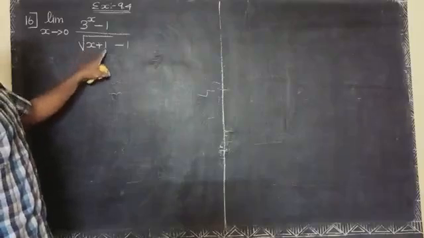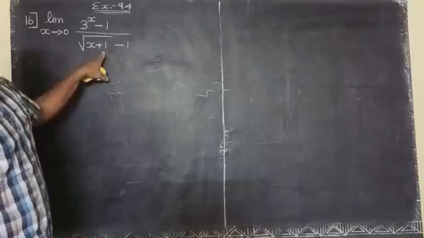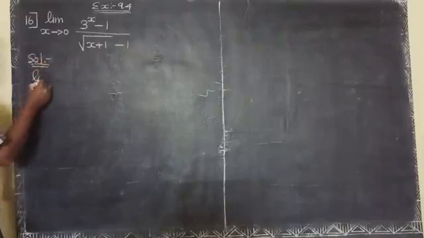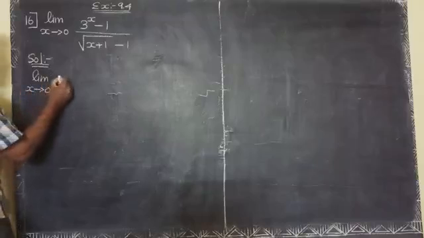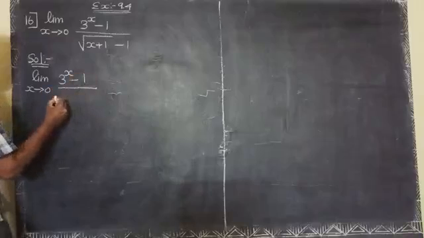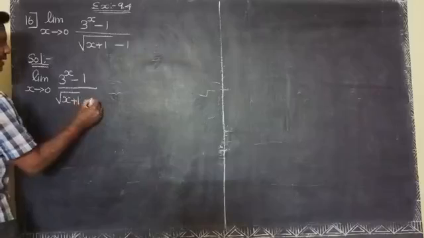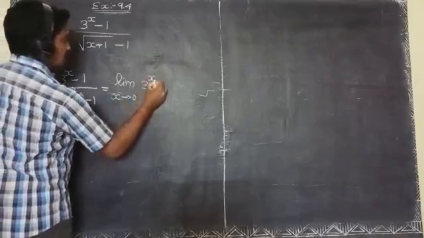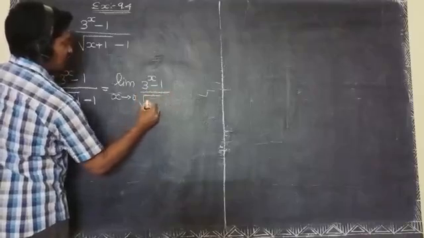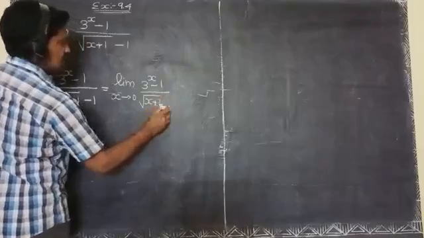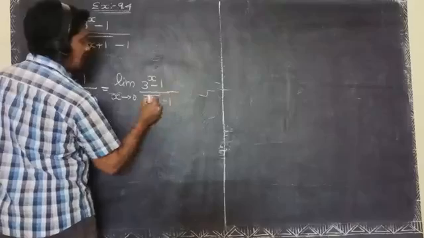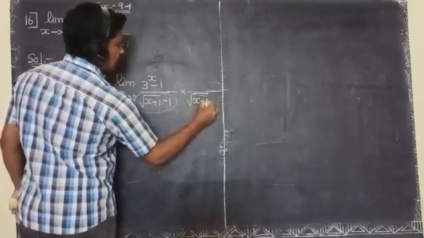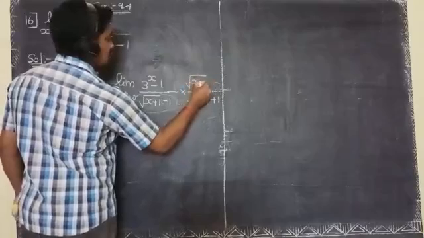The denominator has square root of x plus 1, which is an irrational root. So take the conjugate of the denominator. Solution. Given limit x approaches 0, (3^x - 1) divided by (square root of (x + 1) - 1), which is equal to limit x approaches 0, (3^x - 1) divided by (square root of (x + 1) - 1). Take the conjugate of the denominator, that is square root of x plus 1 plus 1, in the numerator,